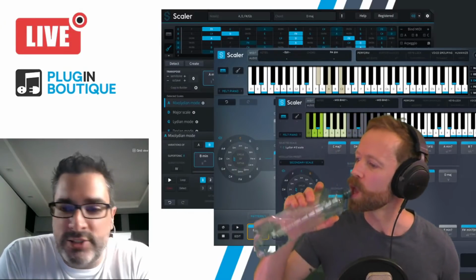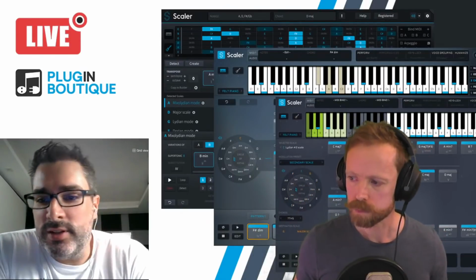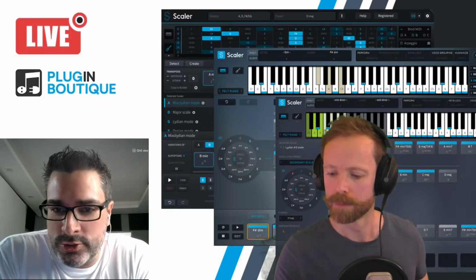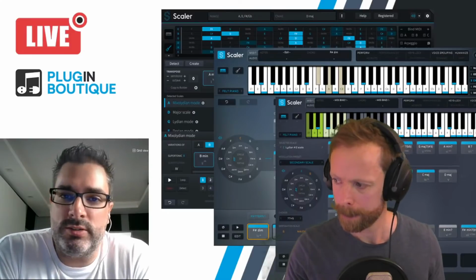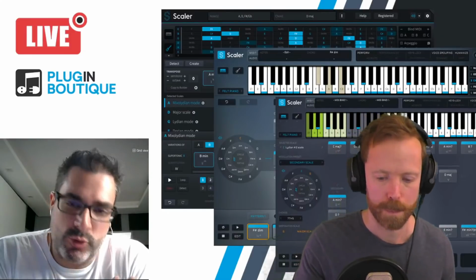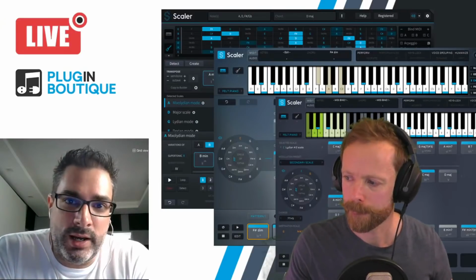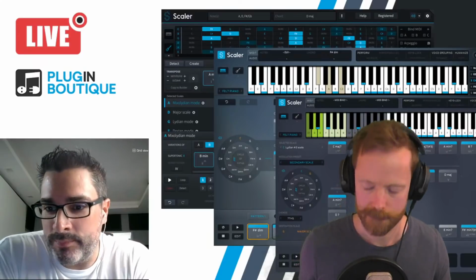Lots of comments and questions in the chat. I've been trying to answer them as best I can while you were doing your demo there. But I do want to point out that while Rob was using his QWERTY keyboard, this is absolutely meant for a MIDI controller keyboard.